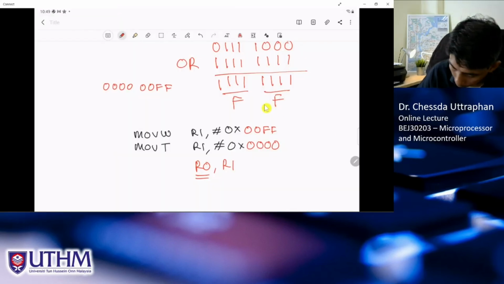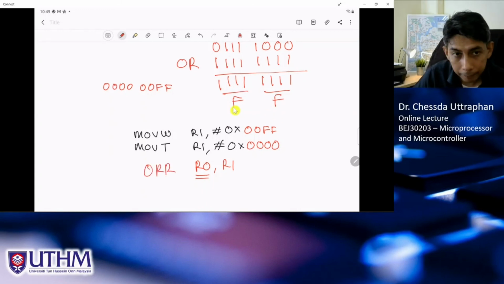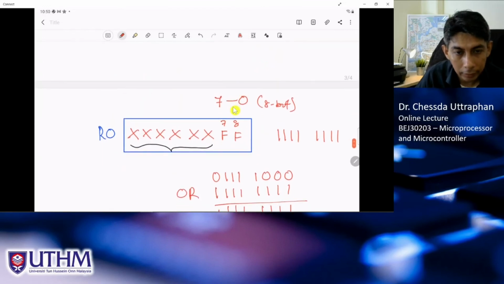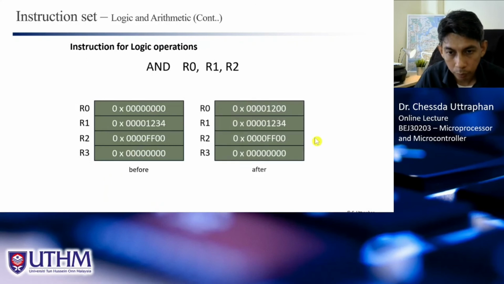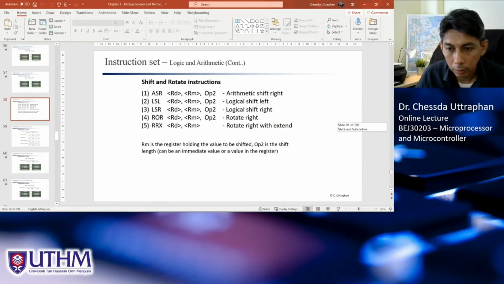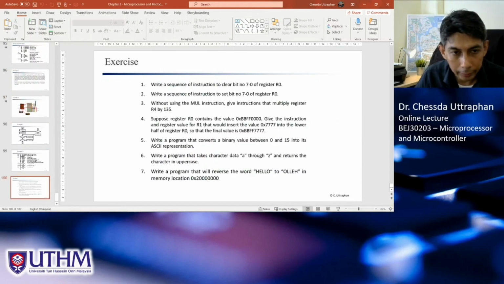So you can use OR odd R1 R0, then you will have this FF in R0. Very easy. Okay, so that is this. So you can try to do this. Yeah. So your assignment will be,